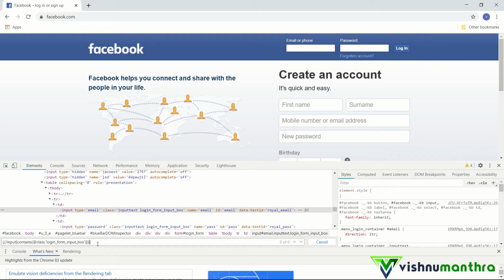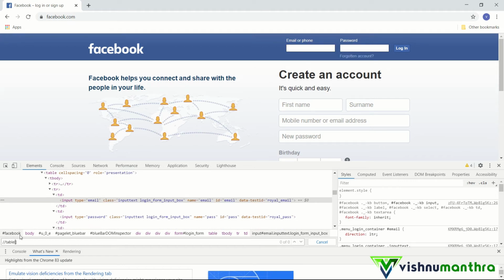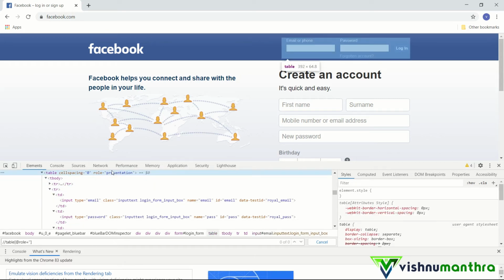So I can simply mention 1, meaning the first one. So I'm indexing it, and it is pointing to the first input tag name. And then I'm having something called role equals single quotes presentation. So I will just copy this and paste it here.